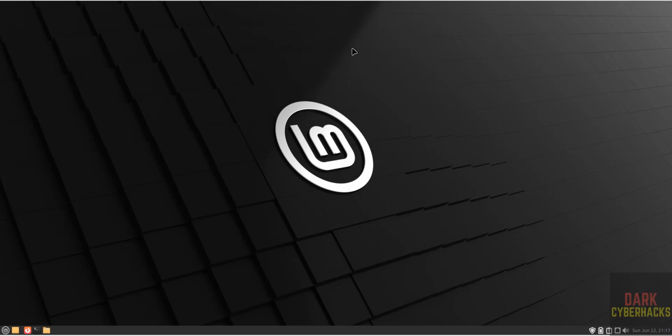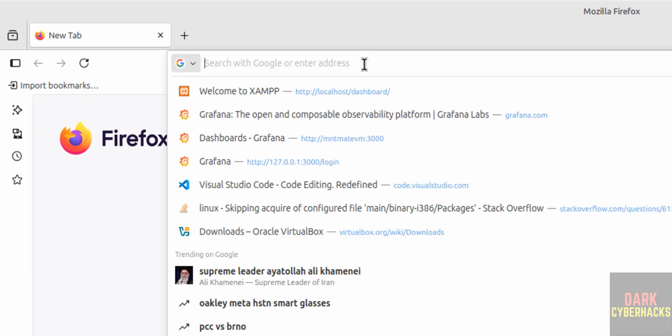Hello guys, in this video we will see how to install Tor Browser on Linux Mint 22.1, that is GI edition. Okay, so the default browser that comes with Linux Mint is Firefox. So open it, then go to